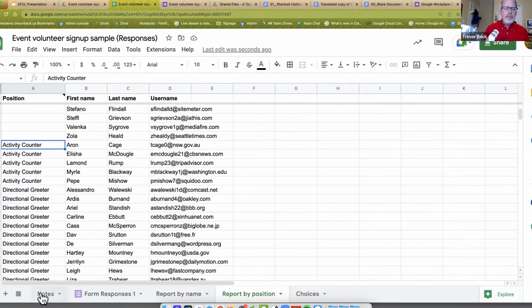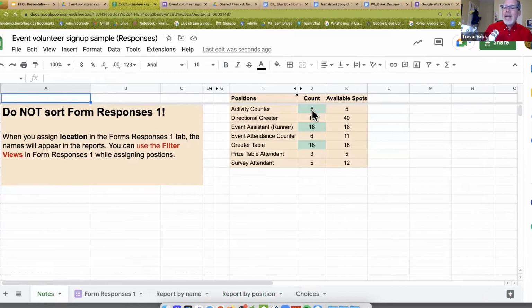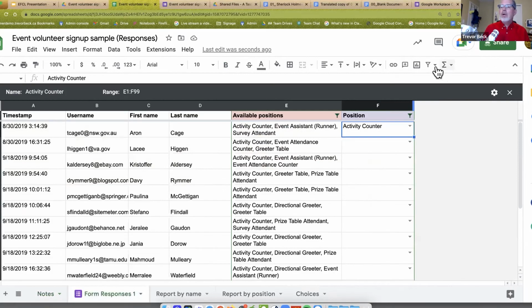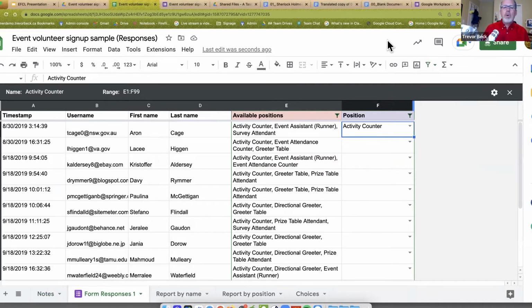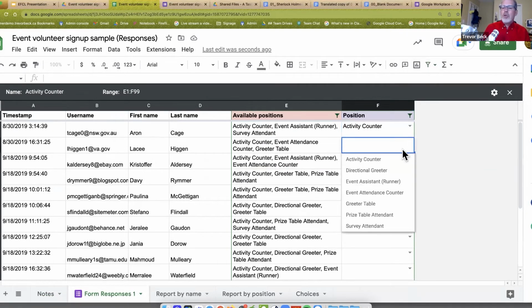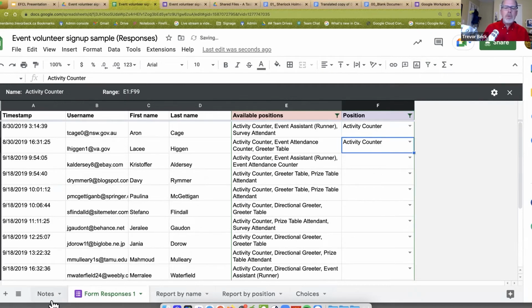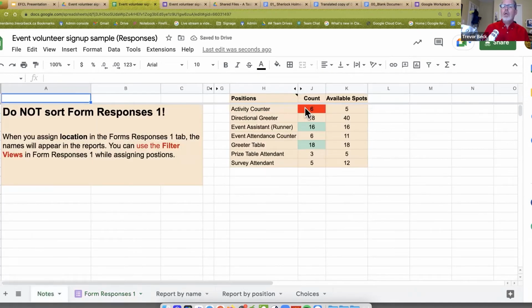Remember that dashboard? As soon as I added another person, it went, hey, guess what? We have matched. So I've got something in there called conditional formatting, which basically says when this number matches that number, turn green. So now I can stop working on activity. I can go down and assign directional greeters. I have a filter here for directional greeters. Just go through the same process. If you get kind of trigger happy and you load up a couple extra ones, guess what? Turns it red. Whoa, you got too many counters.